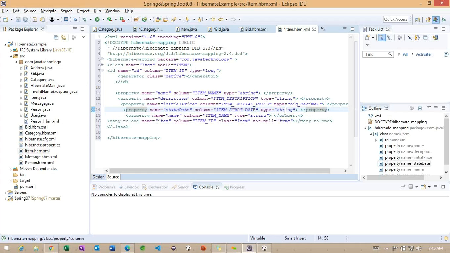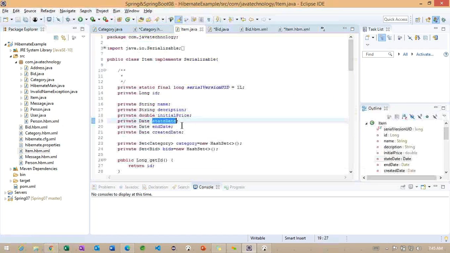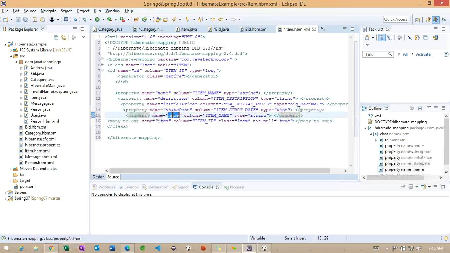Item start date, date. End date, this is also a date property.